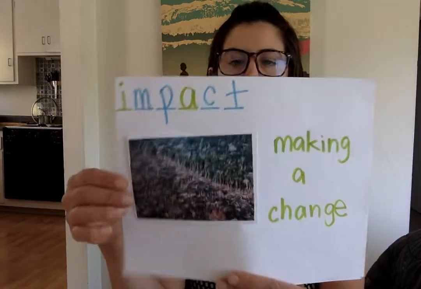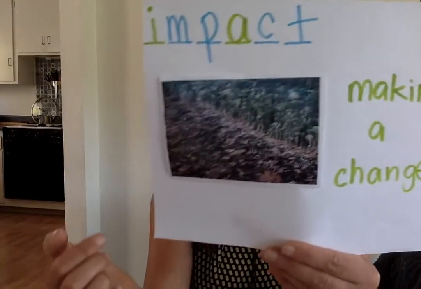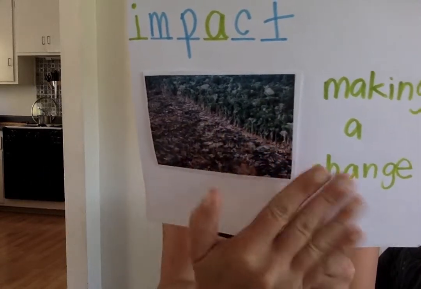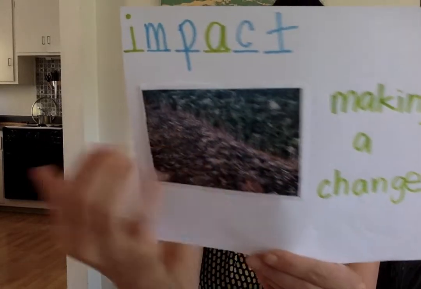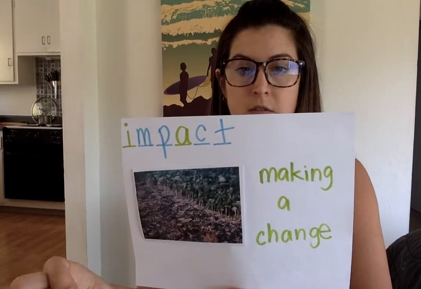So one thing that we've done in our journal is we have written down new words that we learned during a unit. So we've already learned this word, impact, making a change, and we talked about how humans have made an impact. In this case, they cut down a lot of trees. That was a negative impact. But also, humans could have a positive impact by planting new trees. Humans could have a positive impact by riding their bikes instead of always driving.